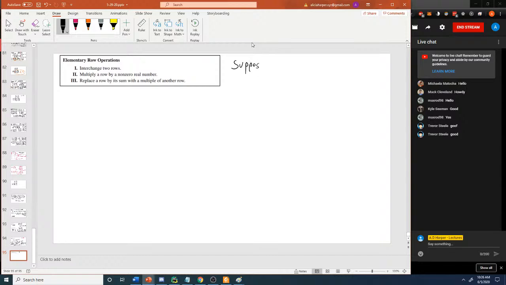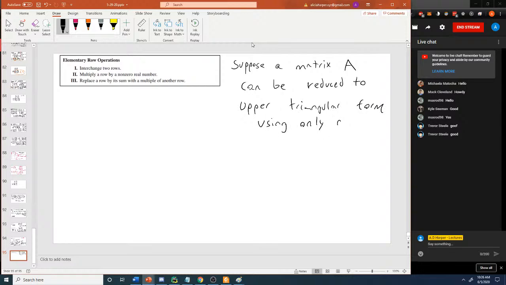Suppose a matrix A can be reduced to upper triangular form using only operation 3. Then